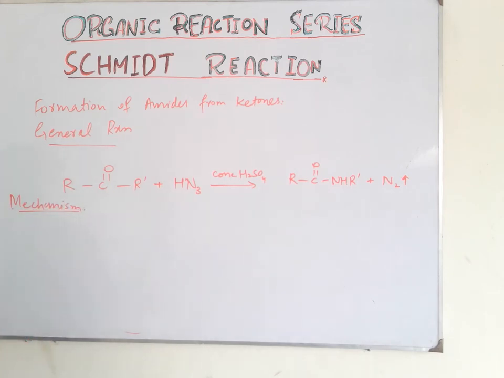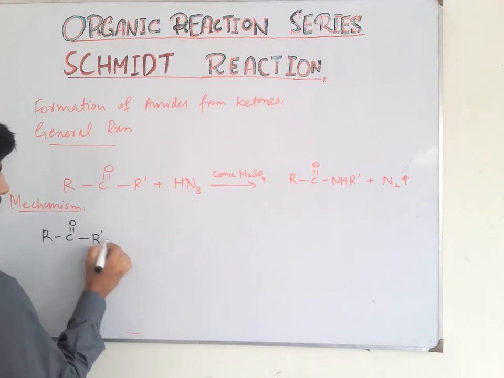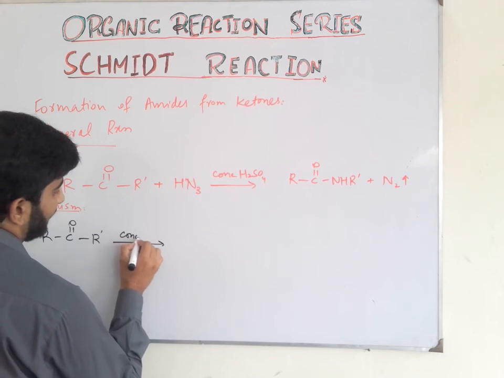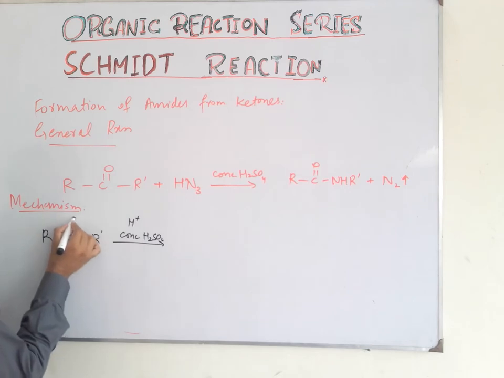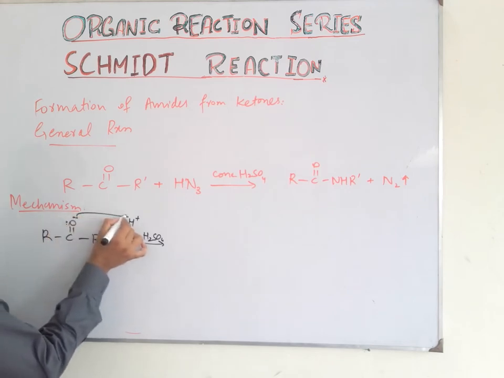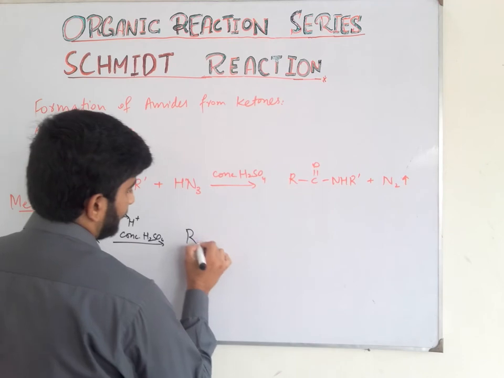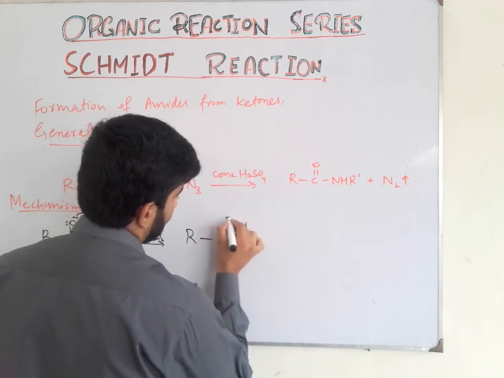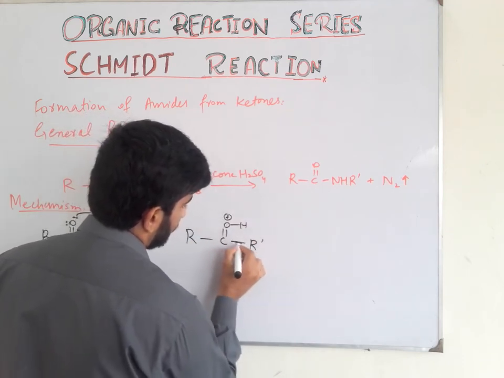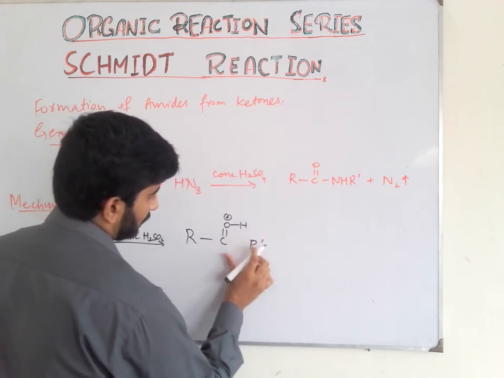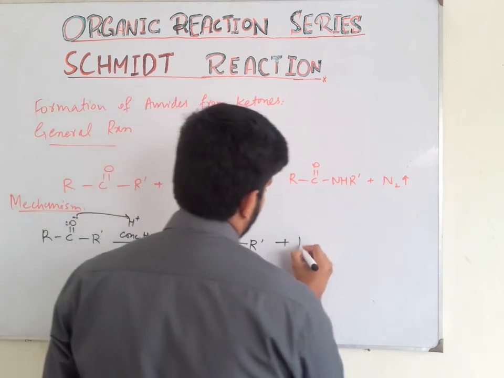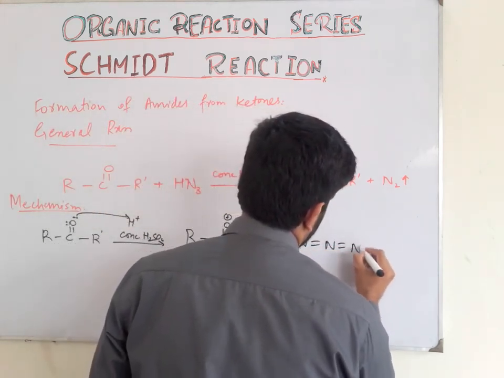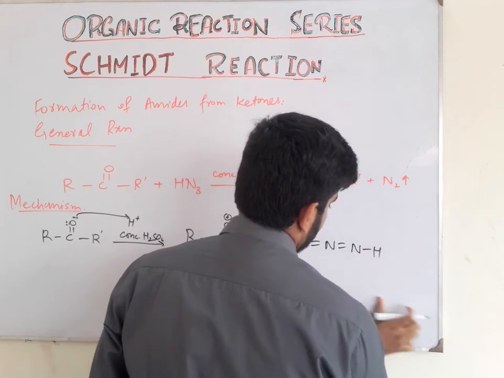Mechanism. We have a ketone. In the first step, we add concentrated sulfuric acid that gives a proton. The lone pair attacks the proton, and there is formation of the protonated ketone. Now we add hydrazoic acid. And in the next step,